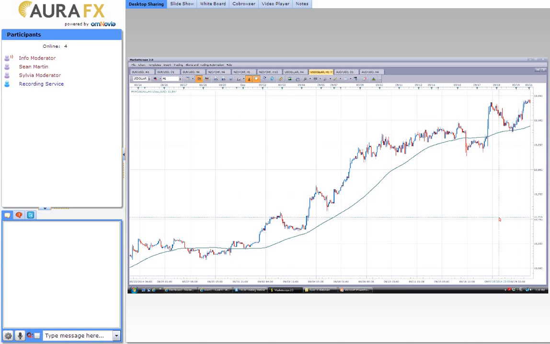So those are the kind of things that we want to be aware of, but at the same time, we want to seek out those strong trending markets to be able to take advantage of them, because they are usually there, whether it be on a longer time frame chart, a medium time frame, or a shorter time frame chart. They are there. It is our job to seek them out.